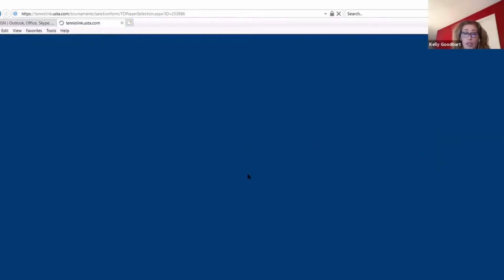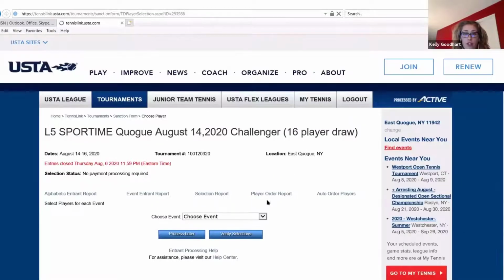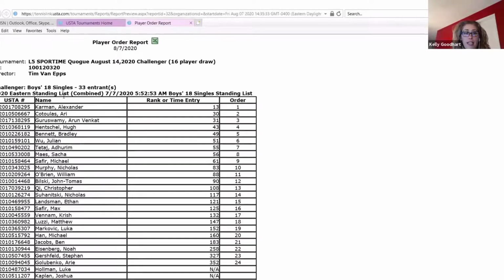And you would continue to do this for all the age divisions, but in the interest of time, I'm going to just click on player order report, which will now be populated with the boys 18 singles. And this is the rank of the players that are in the tournament. And it has then gone ahead and ordered the players based on their rank. I'm going to go back to our Explorer,